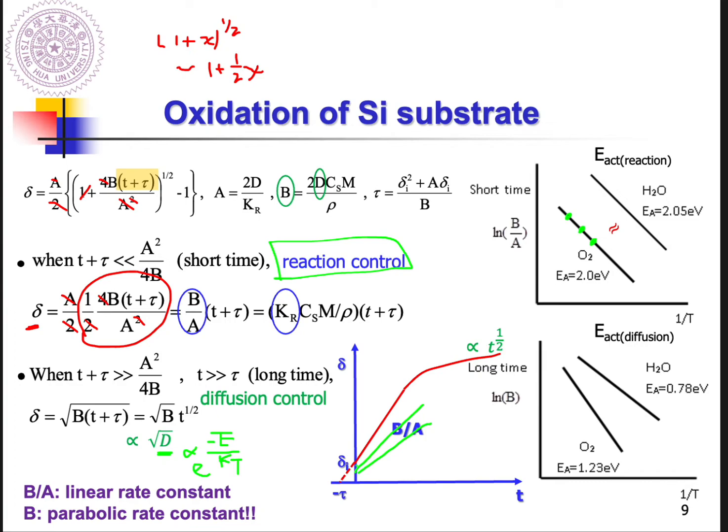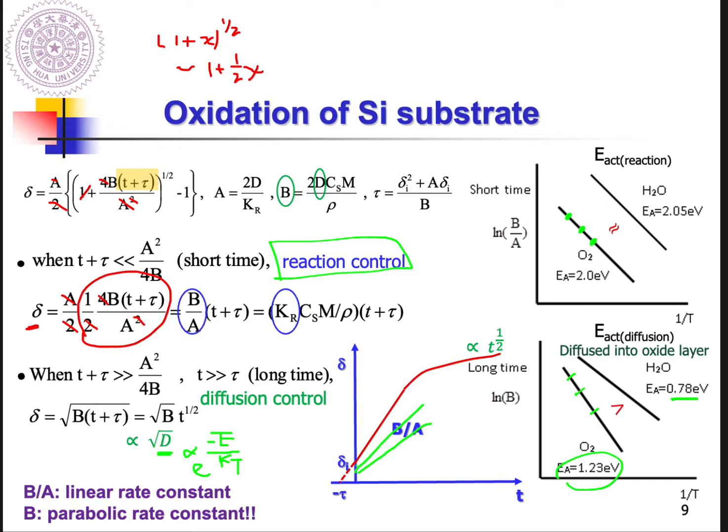Then yes, do the same thing. We can measure the thickness of the oxide layer at different working temperatures. We get T1, T2, and T3. For T1 you know log B1, for T2 you know log B2, for T3 you know log B3. Then after fitting, you know the activation energy. The same thing you can apply for the water vapor. Then the results come out: the activation energy for water vapor is smaller than